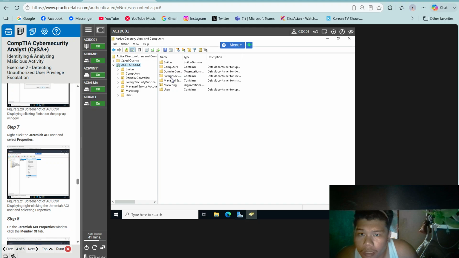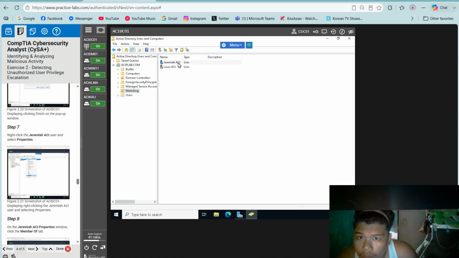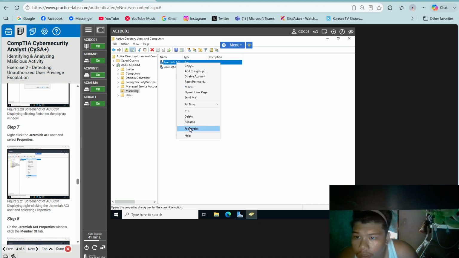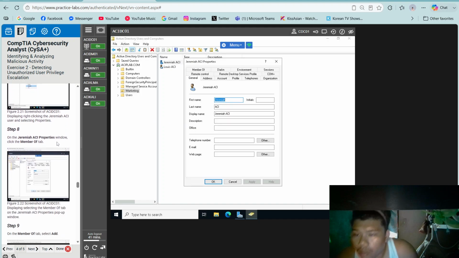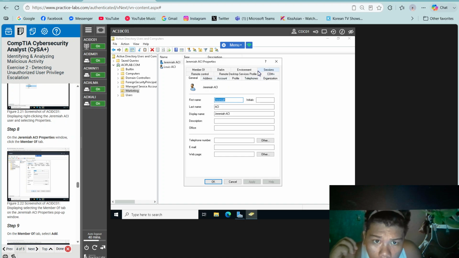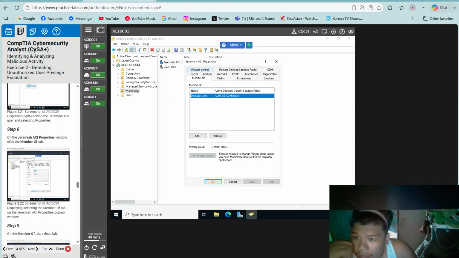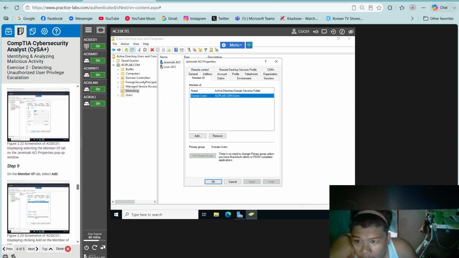Right-click Jeremiah ACI and then Properties. Then on the Jeremiah ACI Properties window, click the Member Of tab. On the Member Of tab, select Add.